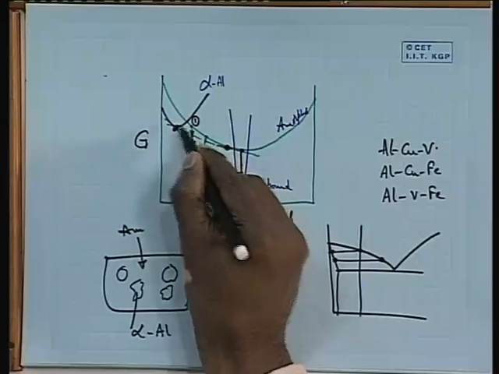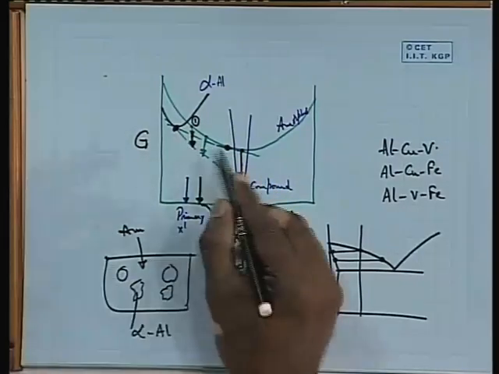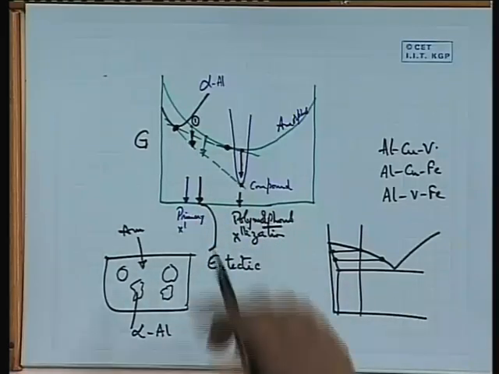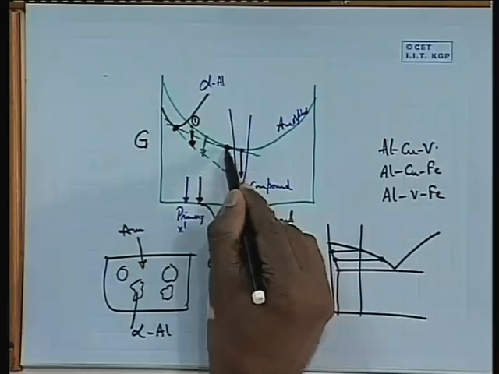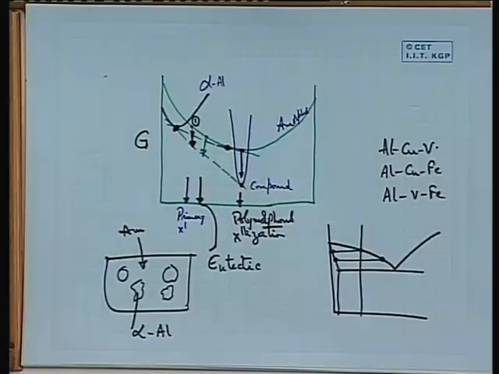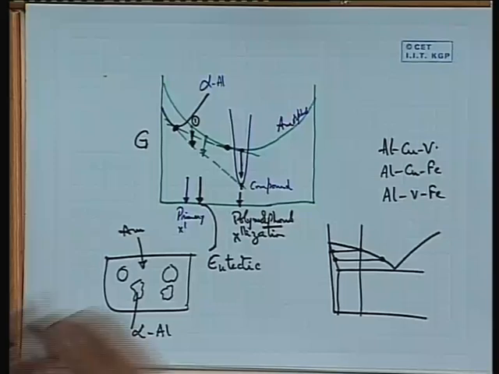Initially by primary crystallization alpha aluminum can come out, and further if you hold it for a longer period at higher temperature or at the same temperature, ultimately the remaining amorphous phase, whose composition is close to that of the intermetallic compound, will give you that intermetallic compound. So you will have now a combination of alpha aluminum plus the intermetallic compound. That is the final